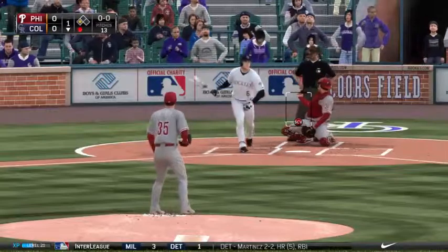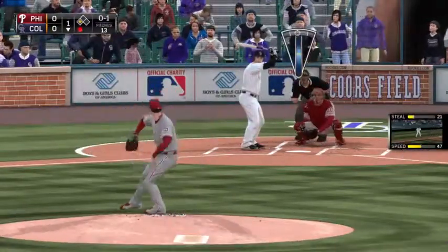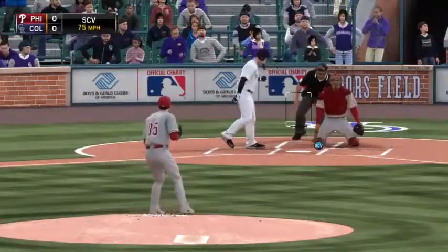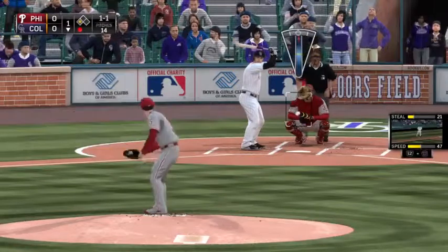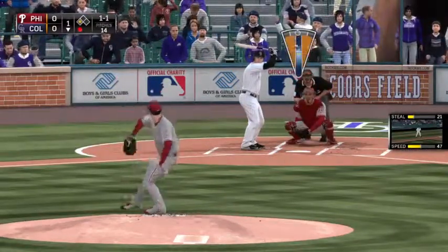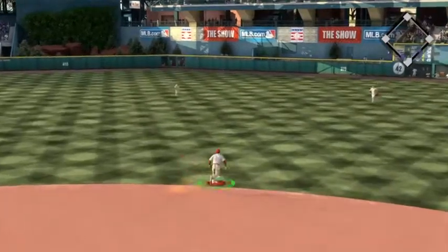Swinging, a ball hit on the ground, but a foul ball here. 0-1. He's set. Now the pitch. Down and away. Ball 1. The first 2 pitches here, they're both down. They know that he's trying to get something in the air, try to get a sacrifice fly, so they're going to make it as difficult for...